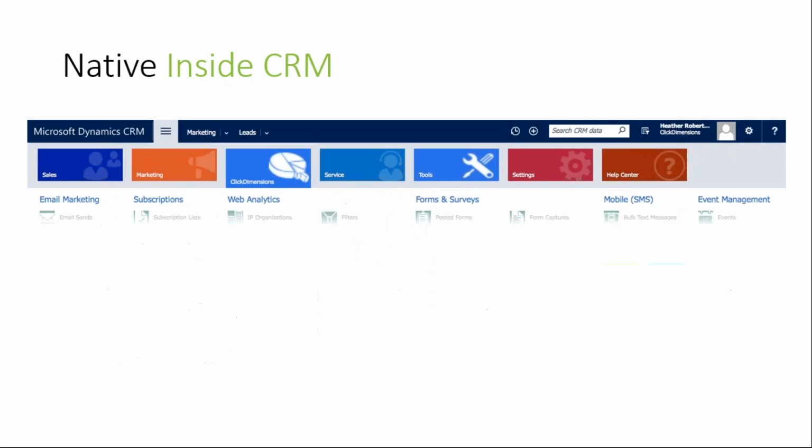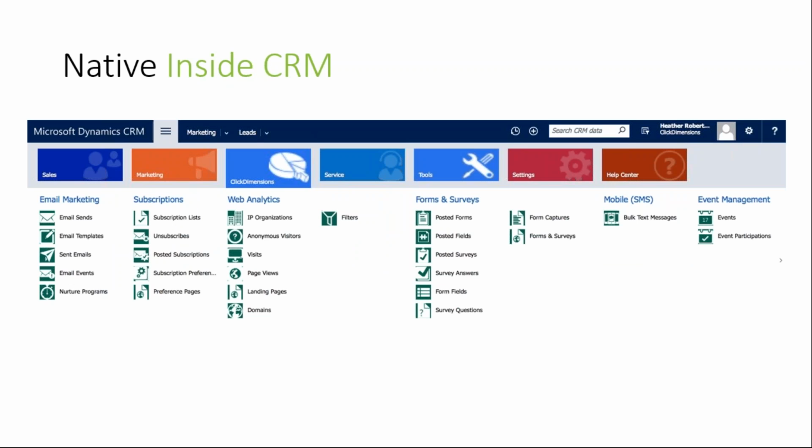So just to give you a quick idea, and I'll be showing you this in my live production environment, ClickDimensions is native inside of CRM. So if you've seen CRM before, this might look familiar. It's a screenshot from 2015 online. But again, I'll go through this a little bit, and you can see here's all of the ClickDimensions features all within CRM. So you're never going to have to leave CRM to utilize ClickDimensions,